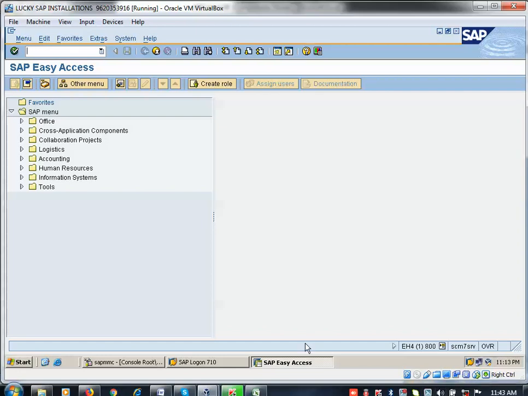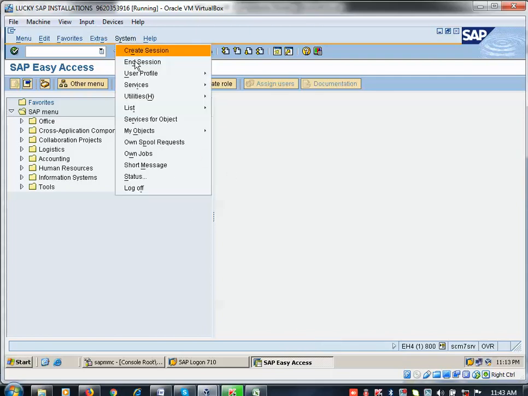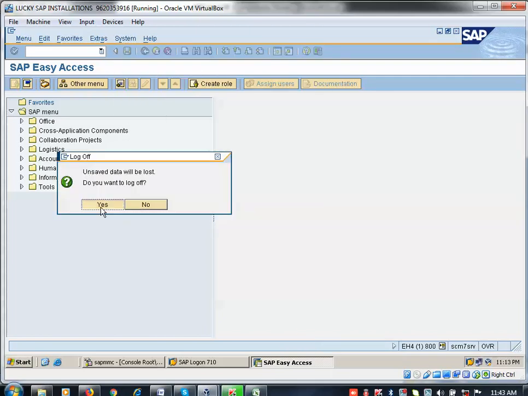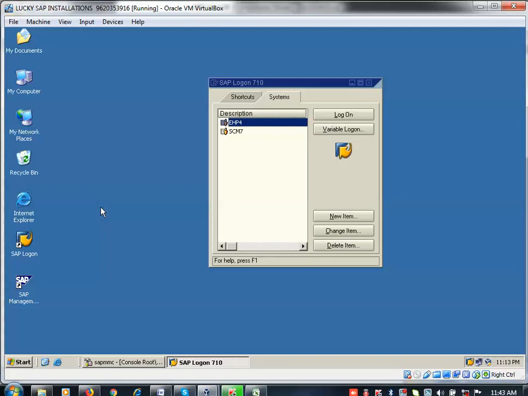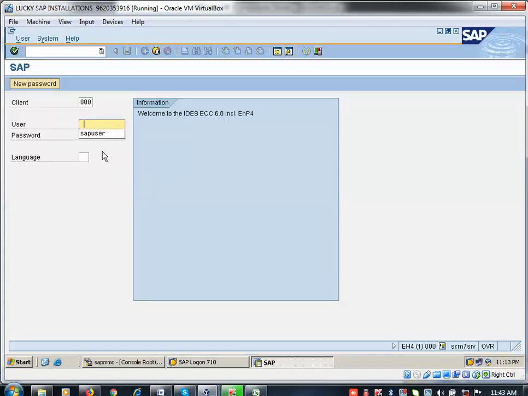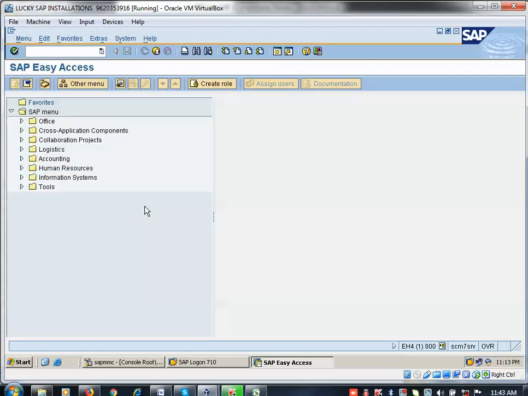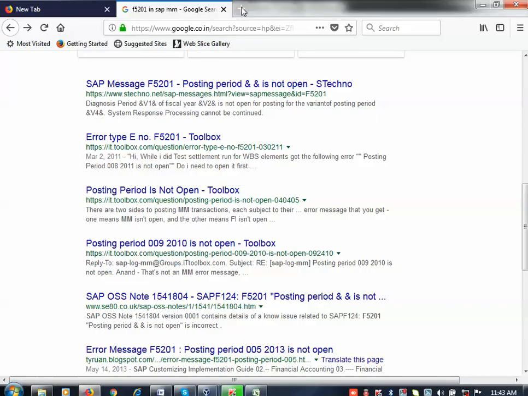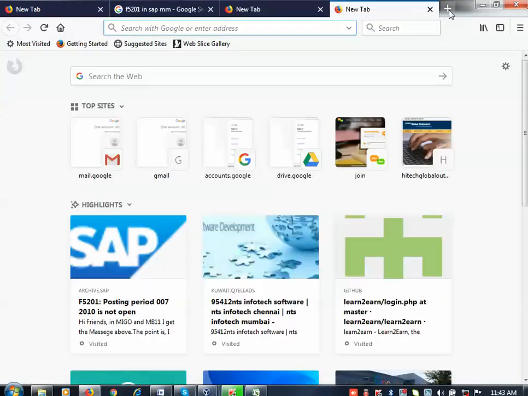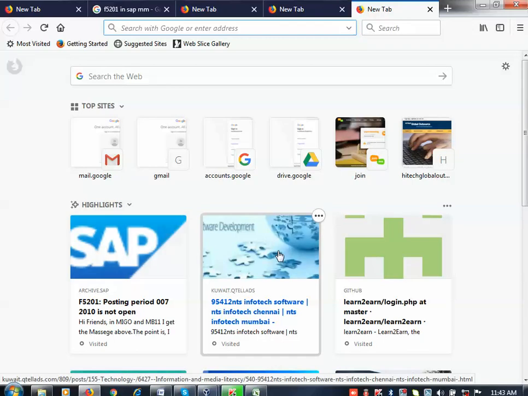Now this is the log on. Log on means log off, how to do it in the system. You can go and log off here. This is the soft closure. Soft closure means log on, log off. Here also you can double click on this. Once again I am going here, SAP user India 123, and click on enter. So this is the login. When you come to Internet Explorer here, I can open 5 to 10 or 10 to 12 screens at a time.